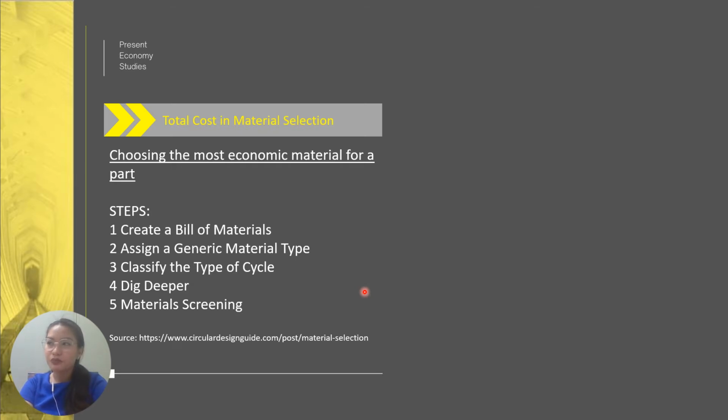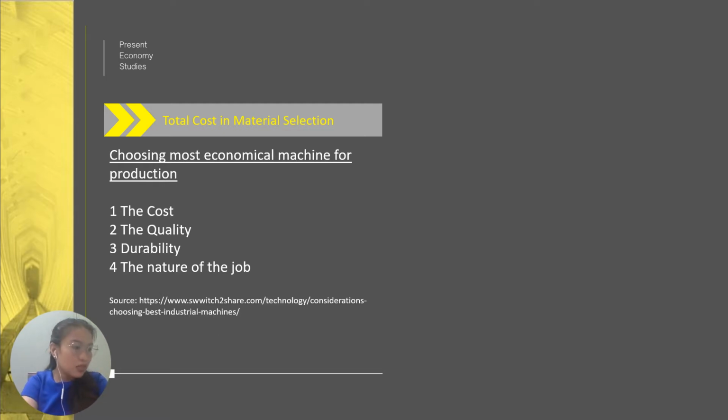For example, glass versus acrylic, types of wood. What else? For walls, woods, concrete, plywood, something like that. And now for the next thing we consider in the total cost in material selection,